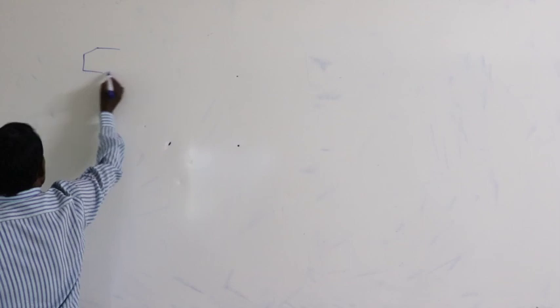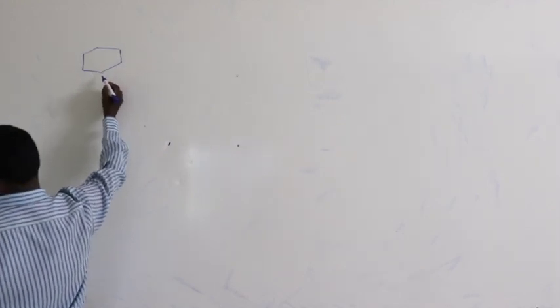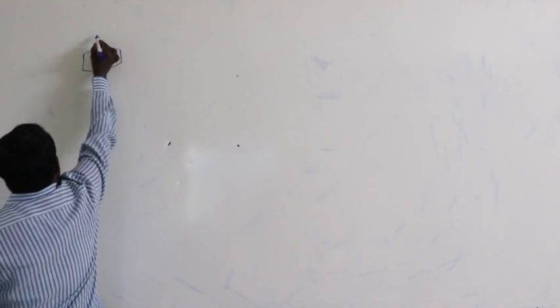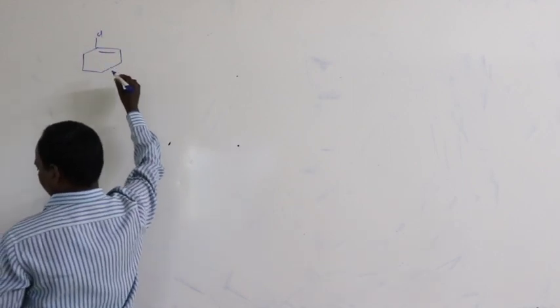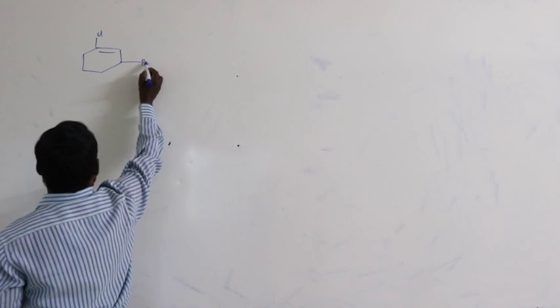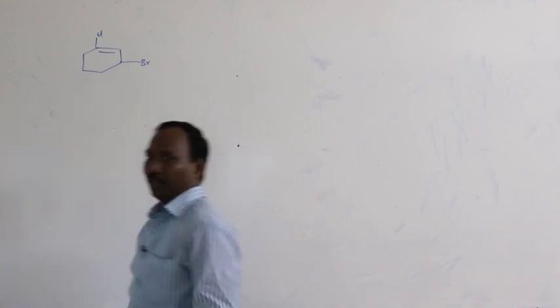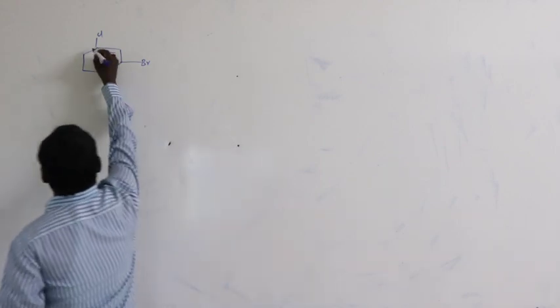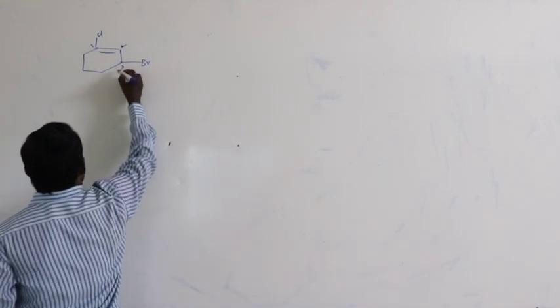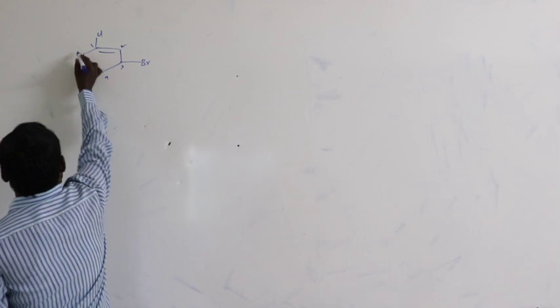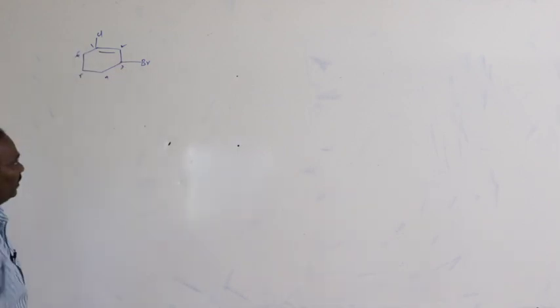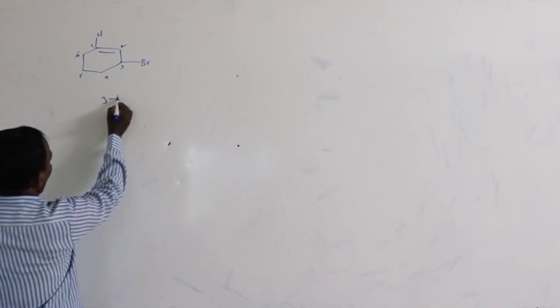Your compound is given like this. Double bond here, chlorine and bromine, Br. What is the IUPAC name of the compound? Number 1, 2, 3, 4, 5, 6. So at third position bromine is present, therefore its IUPAC name is